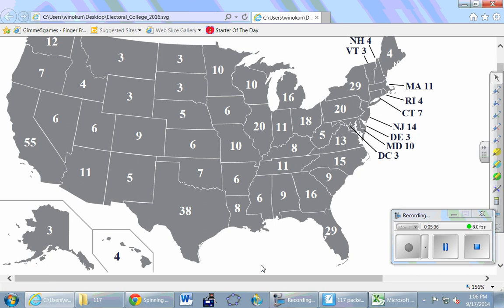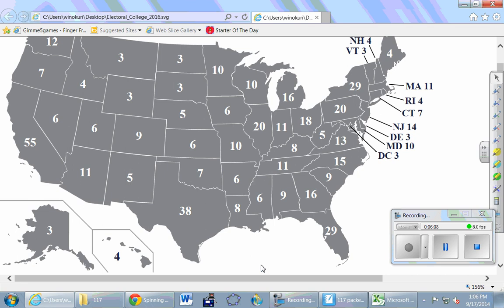Up here in Maine, there are 2 congressional districts that can vote separately. They can each give 1 vote to whichever presidential candidate happens to win that congressional district. And then the other 2 remaining votes go to whoever gets the most votes in that state. And same thing in Nebraska, right here, there's 5. They have 3 congressional districts that can vote however they vote, and then the other 2 would go to whoever gets the majority of the votes in Nebraska.